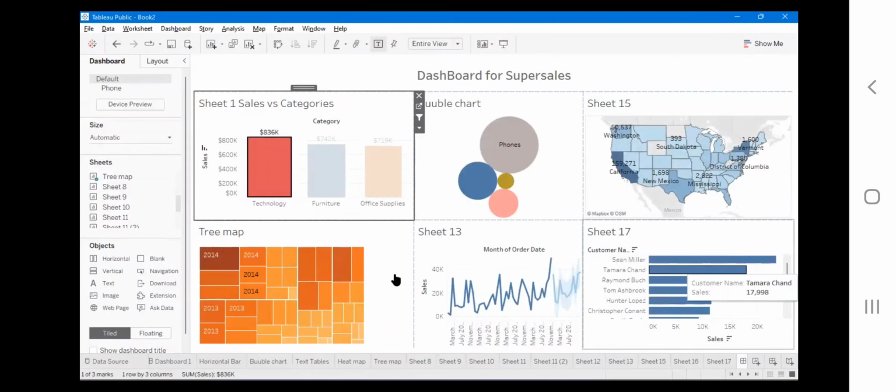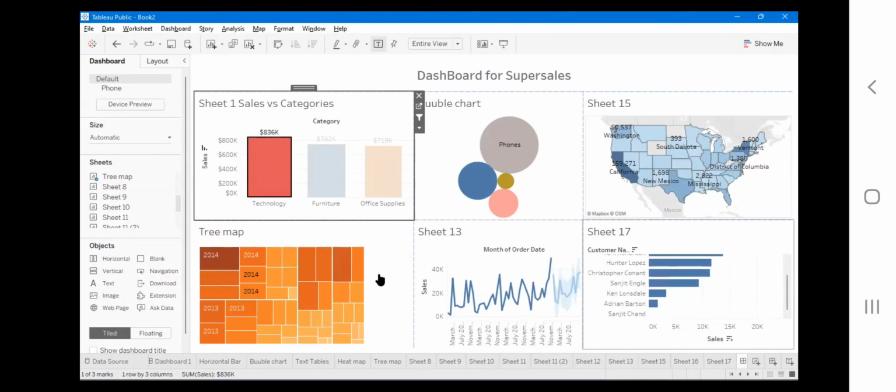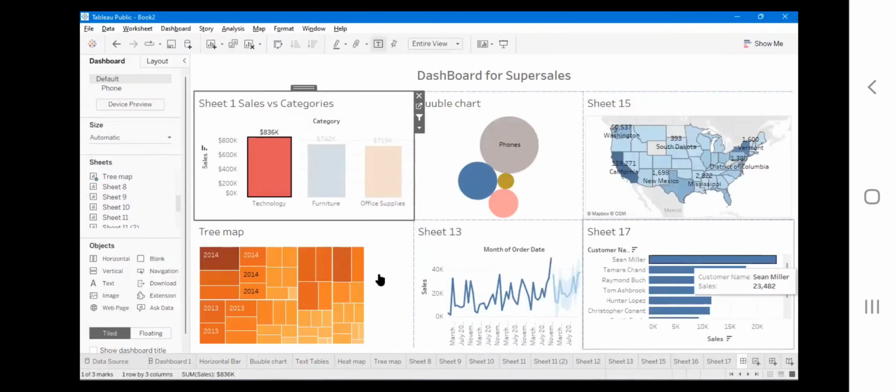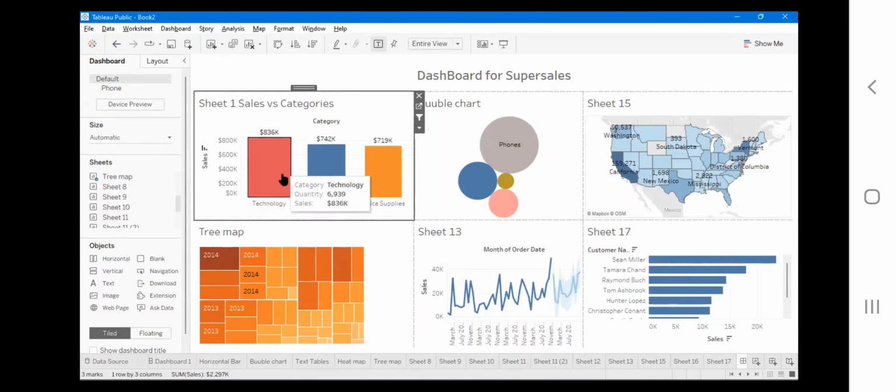And these customers, how much sales they are making with respect to technology. I can see Sean Miller is making 23,482. So this is with respect to technology. He is selling these many products with respect to technology, and he is making this much of sale. If I deselect this technology,